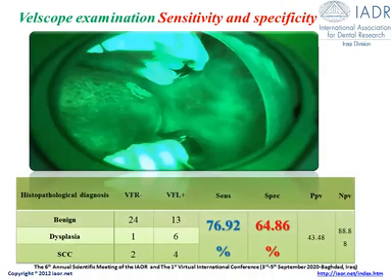So, the result of the study led us to the specificity and sensitivity of the biloscopy examination after comparing with the histopathological diagnosis as the standard. Comparing the biloscopy examination with the histopathological examination, the result showed a sensitivity of about 76.9%, while the specificity was about 64.8%. This results from the benign lesions